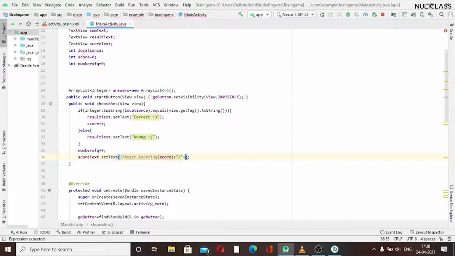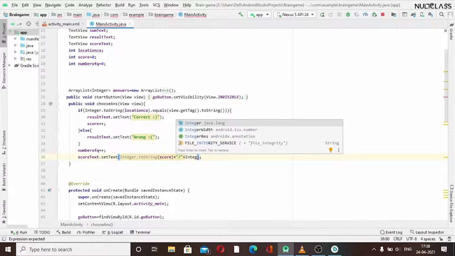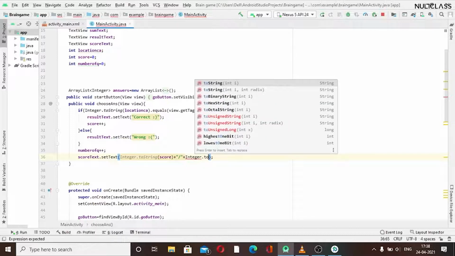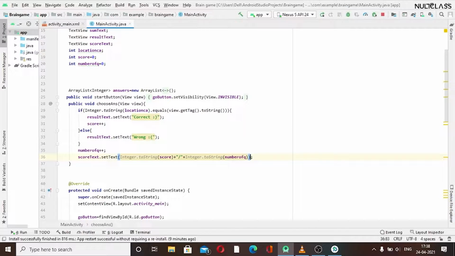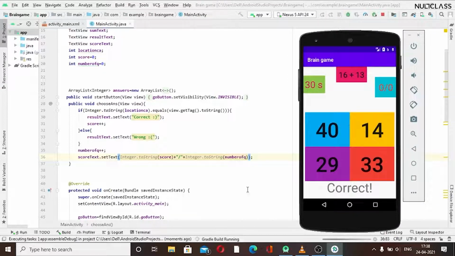So we want a slash sign with concatenation, and now we want to show the number of questions. Before that, as we know, we need to convert it from integer to string. So we will do that, and inside of that we will pass number of questions. Okay, so I think this code is enough. Let us just quickly run it and check whether things are getting updated or not.